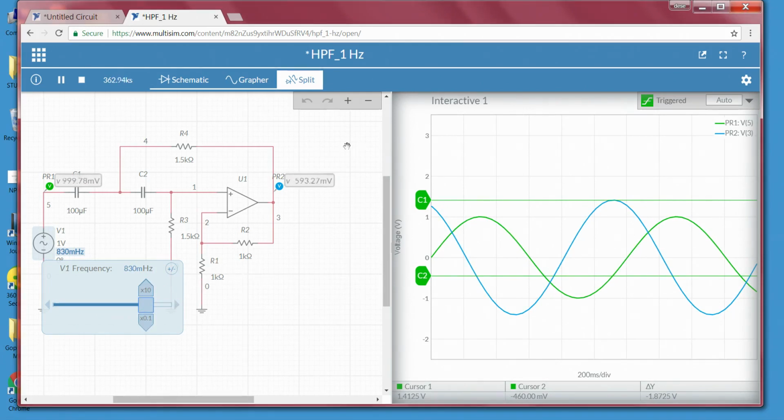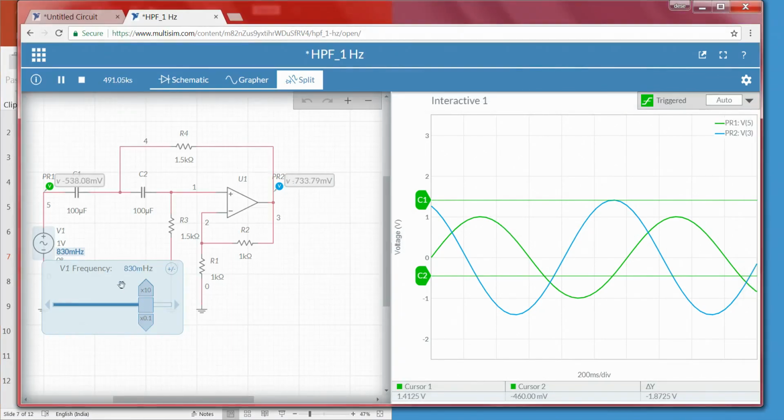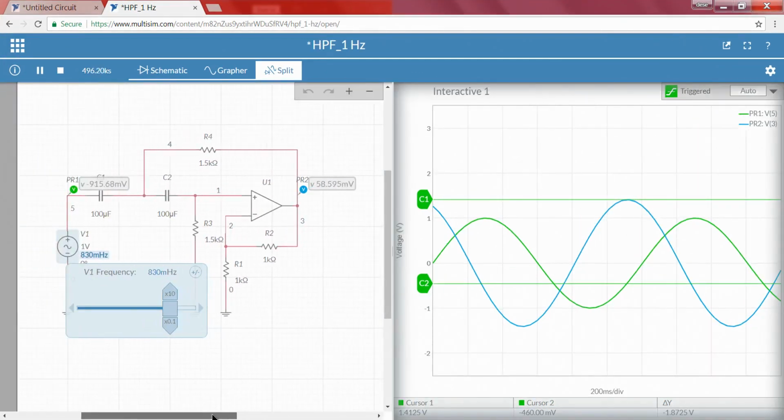Right. So, this is the cutoff frequency, but theoretically we got somewhere around 1.06, because of the second order filter and that too a Butterworth filter. But when we do the experiment we got somewhere around 830 milli, right. Now, I hope this is clear with the simulation.